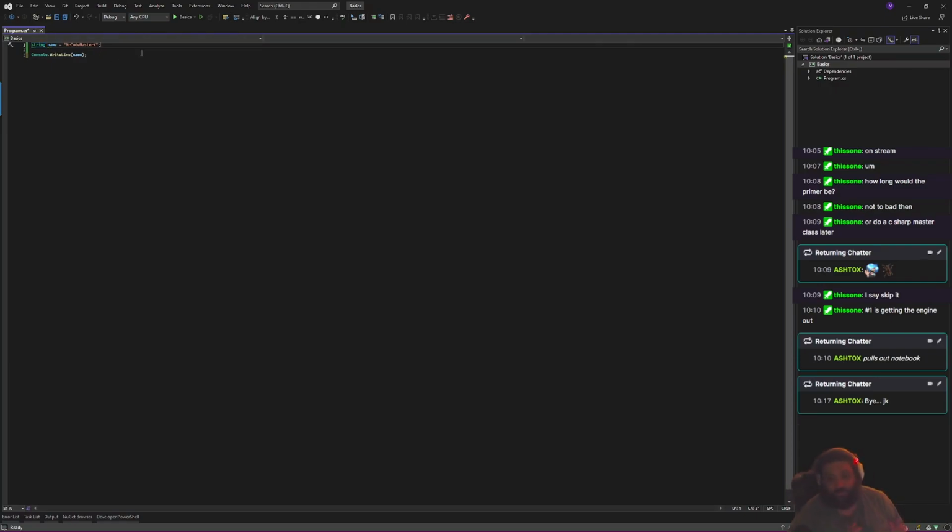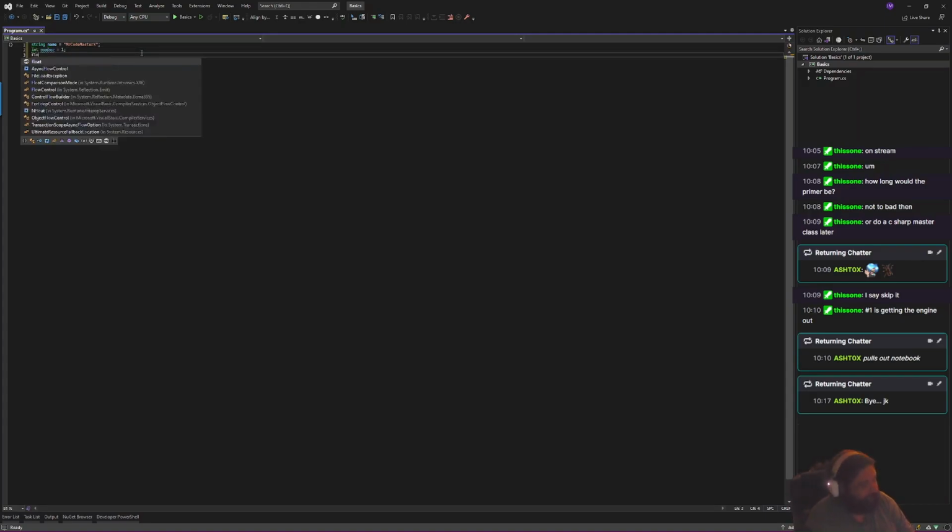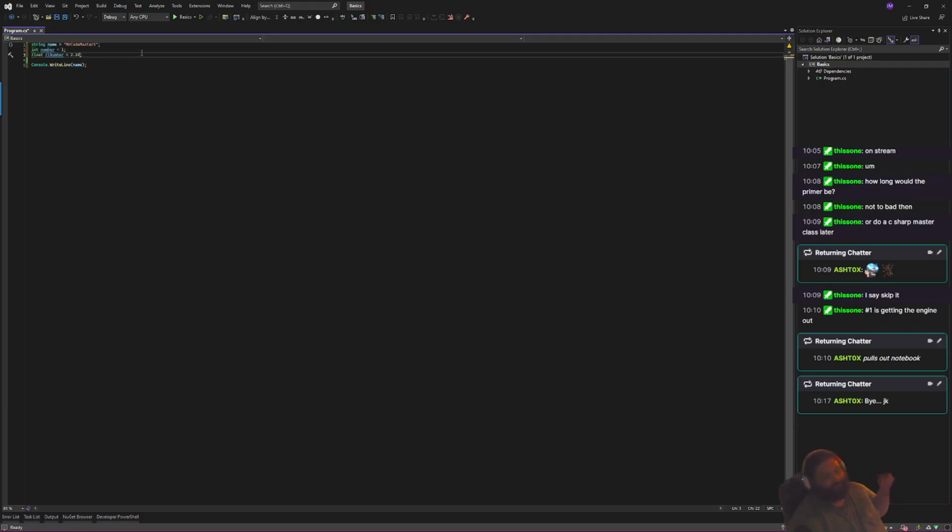So let's talk about numbers. You have two types of numbers. You have an integer, which is a whole number. So if we are trying to hold a whole number, we use an integer. And then the second type of number is a float. And that does things like 2.2. In C#, we have to put the F after it because in C#,